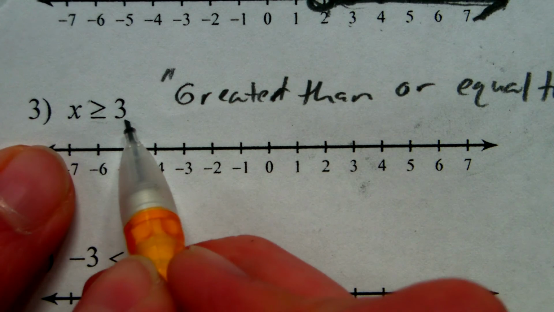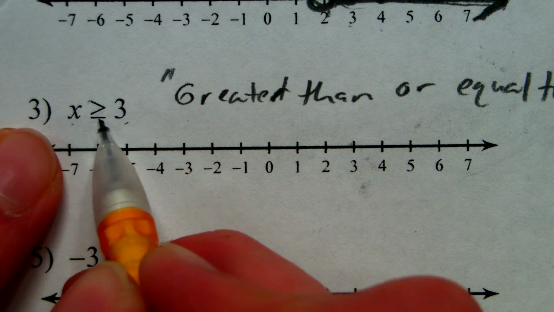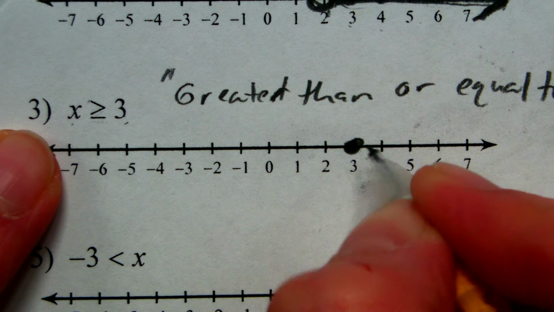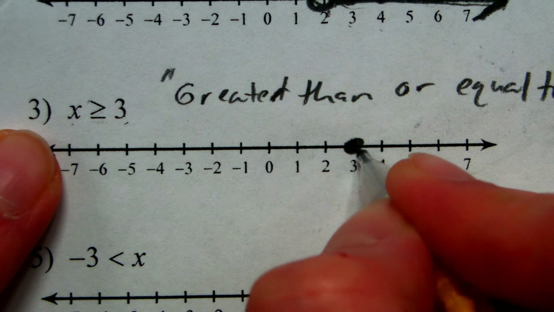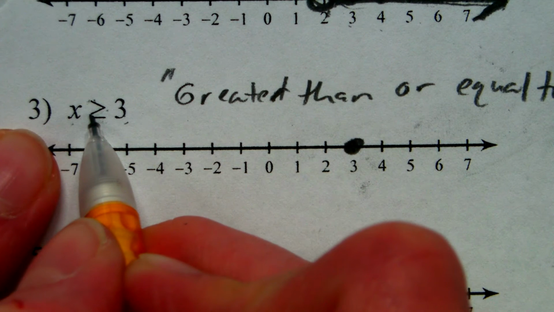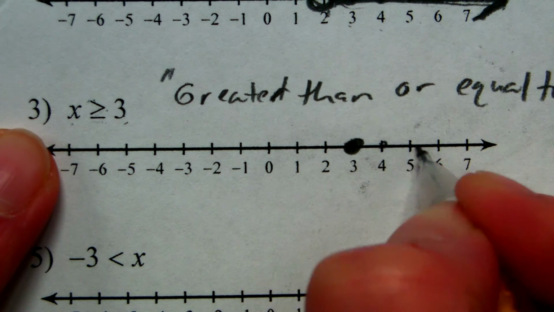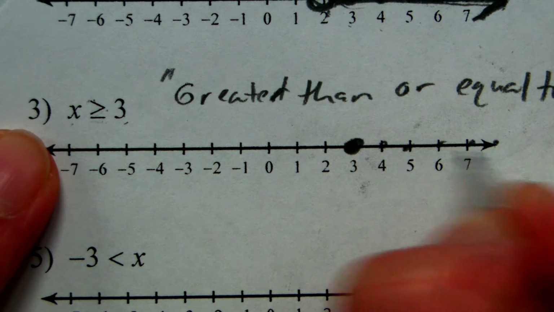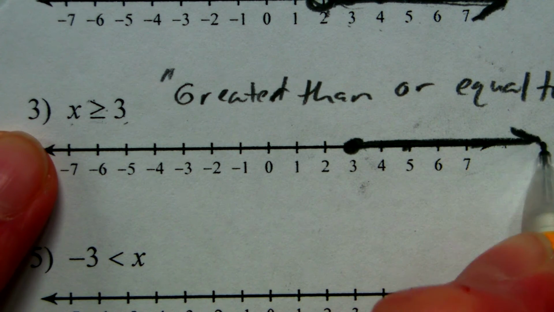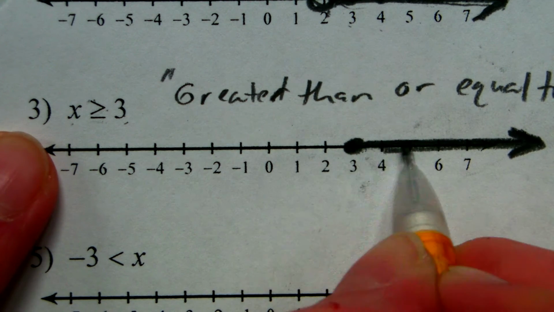And what that means is I could put 3 in here, and it would be a solution. 3 is equal to 3. So on the graph, 3 is equal to 3, so I can put that as an actual point that's filled in instead of just an open circle. And then the greater than piece means we're also going to include numbers that are bigger than 3. So things like 4, 5, 6, 7, 8, often to infinity. And we shade in all of those numbers to show that all of these numbers to the right of 3